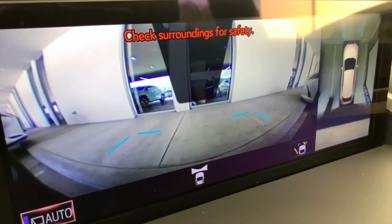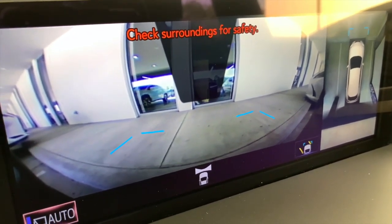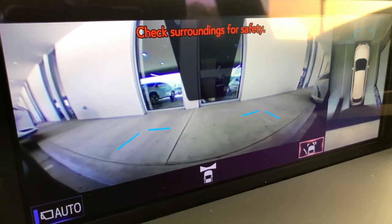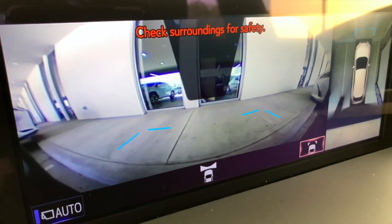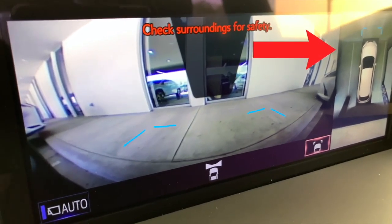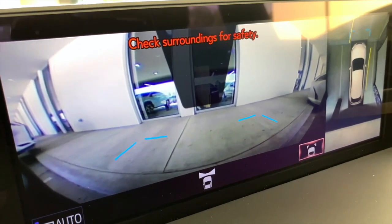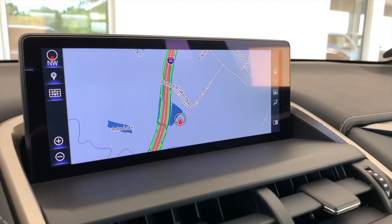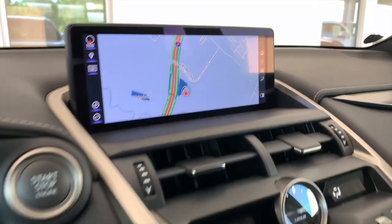Now you'll notice at the moment, my yellow turn angle dynamic lines have gone away. That's a setting. They're not really gone forever. Just click to turn them back on. You'll see them on that right side, the 360 side. Nice and simple. Before we move any deeper into the computer system on board the vehicle, let's step back a